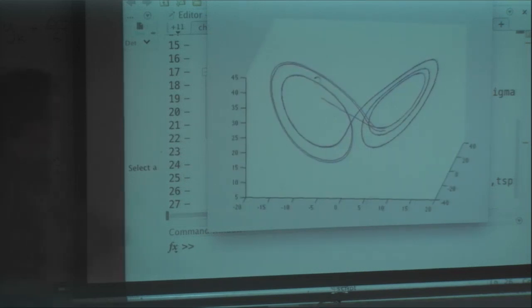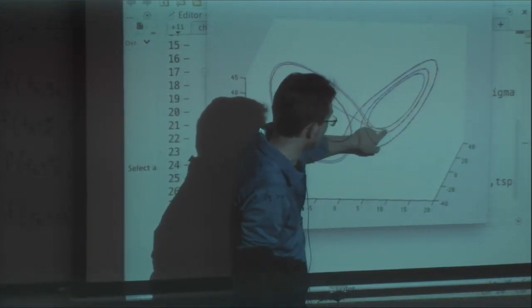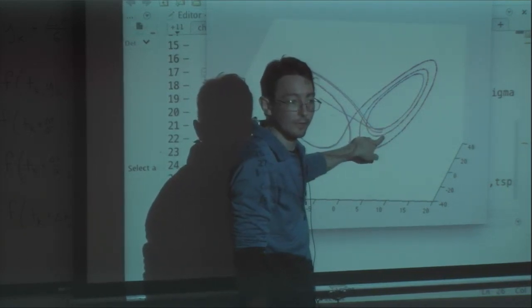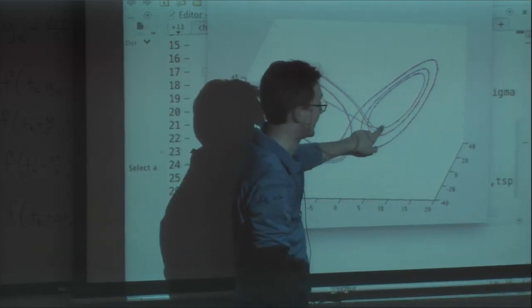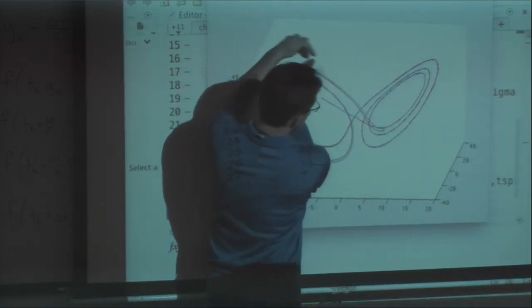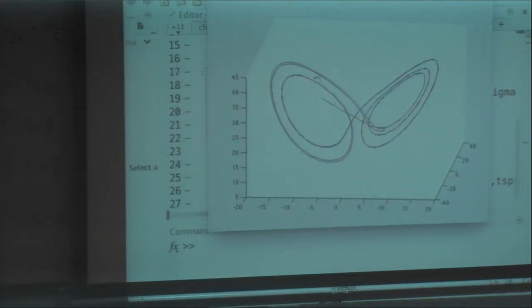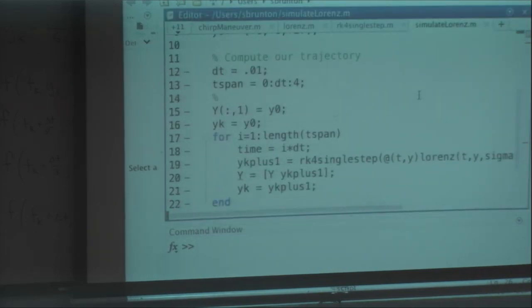So you will notice, though, that towards the end of the trajectory, we're actually starting to disagree. Okay? So even very, very subtle differences in how we implement this algorithm for a chaotic system can cause the trajectories to eventually begin to diverge. So we'll talk more about that on Friday. Before we close, so on Friday we're going to go more into depth on Runge-Kutta integrators. We're going to look more at the chaotic nature of this system, looking at other trajectories and error and things like that. But before we do that, I want to go through and just see if there's any questions about this code for the last couple minutes.